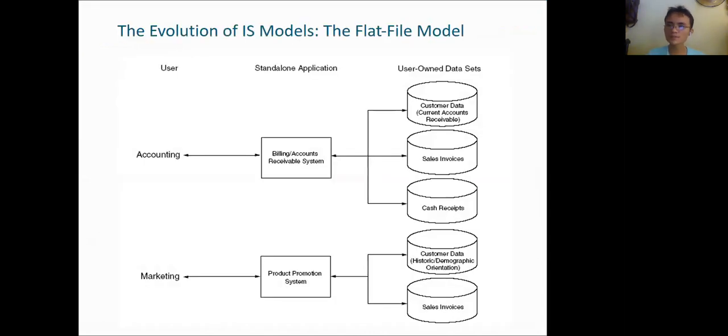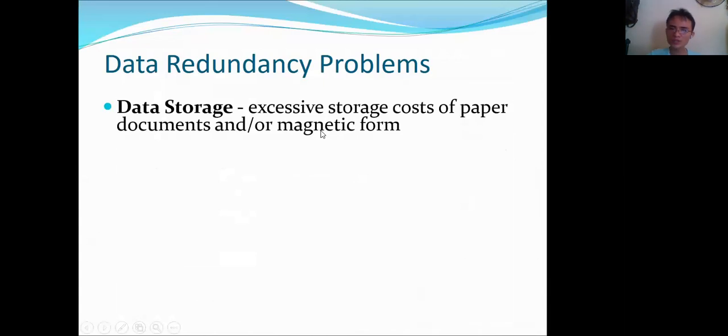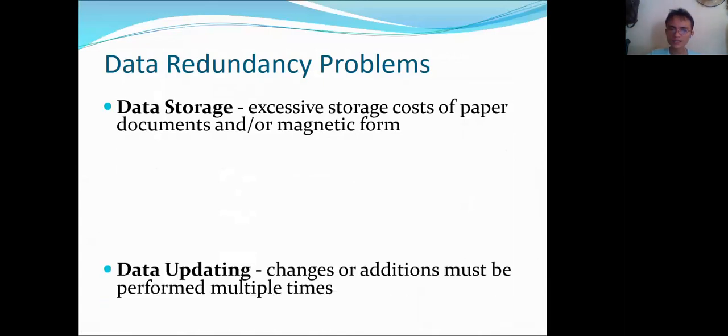Although, by the way, in discussion of internal controls, there can be many purposes. So this is the example of the flat file model under traditional, wherein we can just notice it's called flat file because for every user or functional department, there is a standalone application and there are also data sets for each. That's flat file. So there would be issues that the data would be redundant.